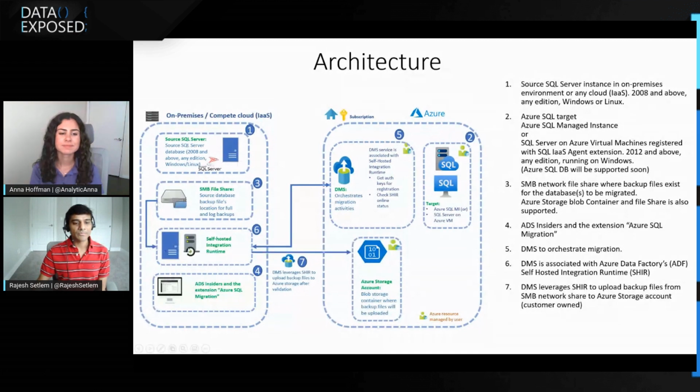Through the integration runtime, we upload the backup files into the Azure Storage account. And once the backup files are copied into the Azure Storage account, Database Migration Service will start restoring them on your target. And this could be SQL Managed Instance or SQL VMs. And we let it sync depending on the size of the backup files. It's always a function of the size of the files.